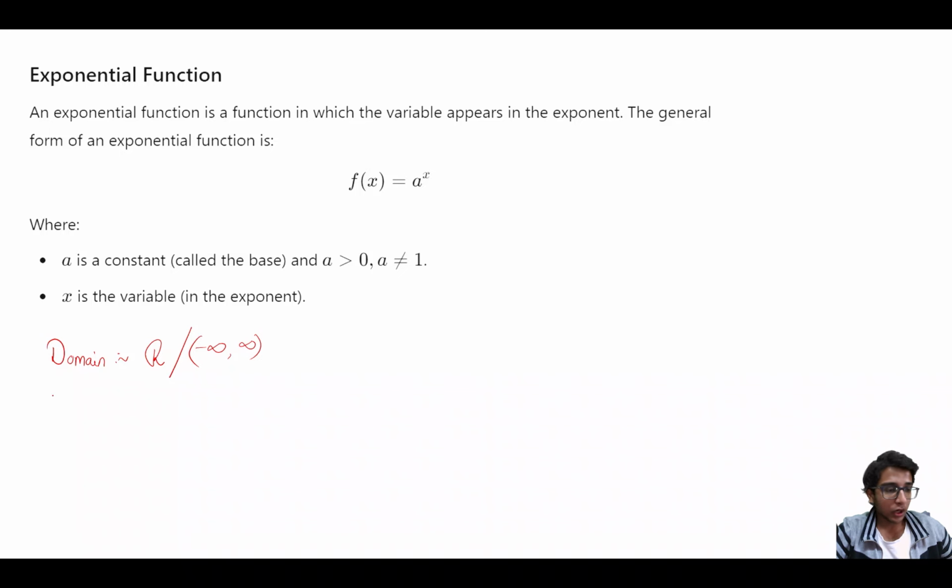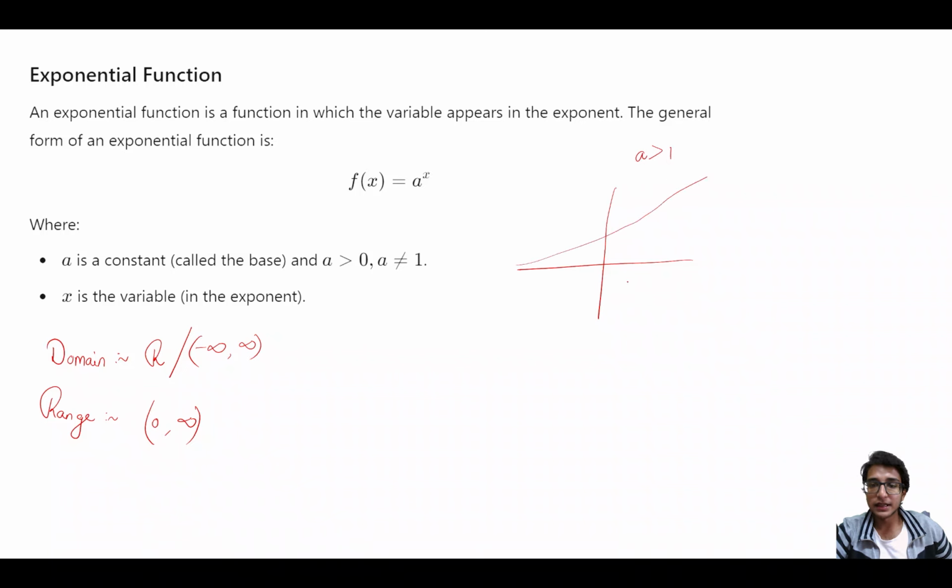And when we talk about range, it always, for an exponential function, lies from 0 to infinity. So keep this thing in mind. Let's say if I was to show this to you with the help of a graph, if you have a greater than 1, then your exponential function would be simply increasing in this format. Let's say if you have a less than 1 and greater than 0, that means the number of times I start